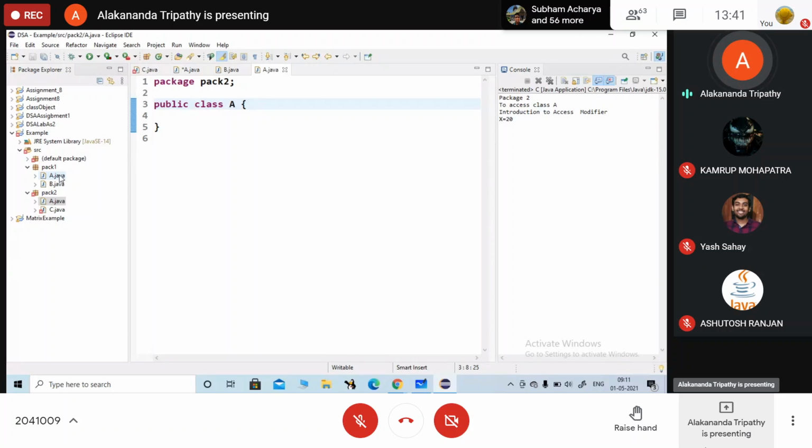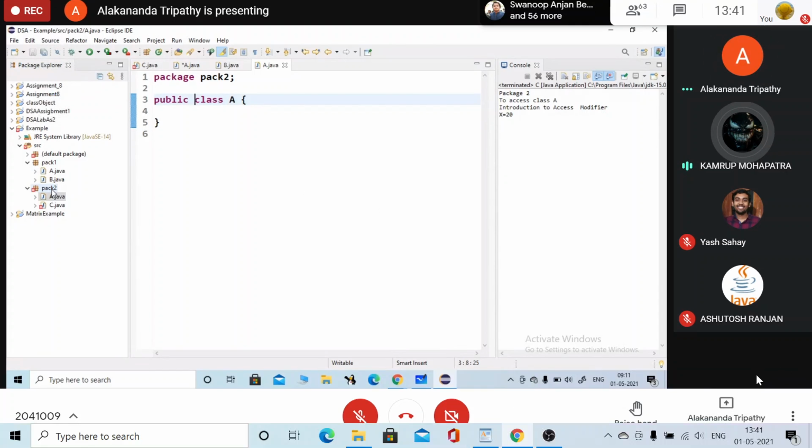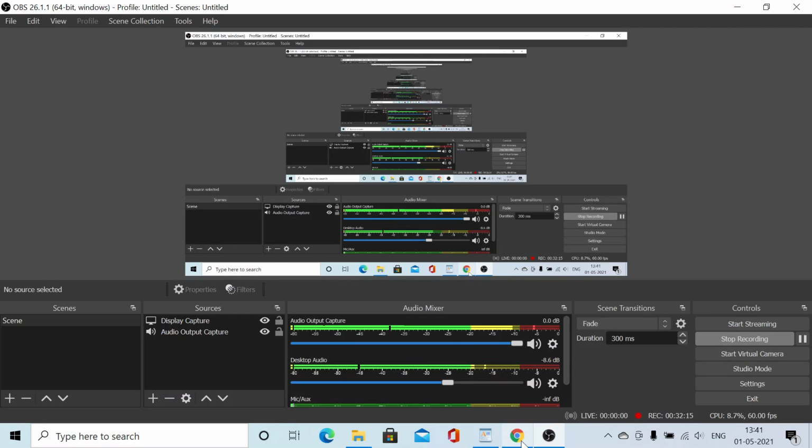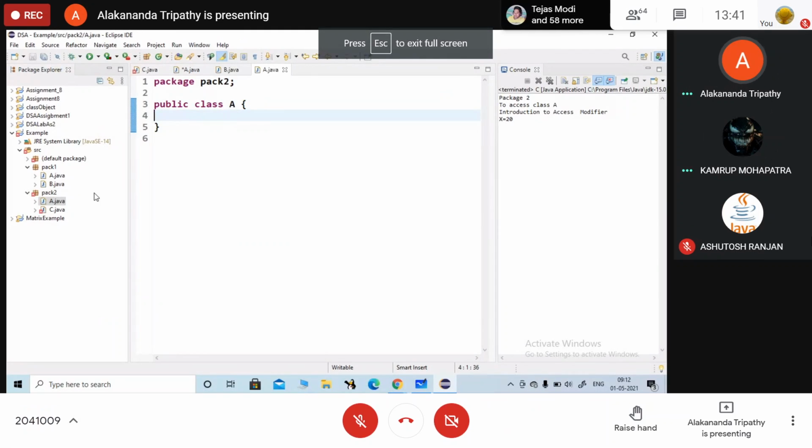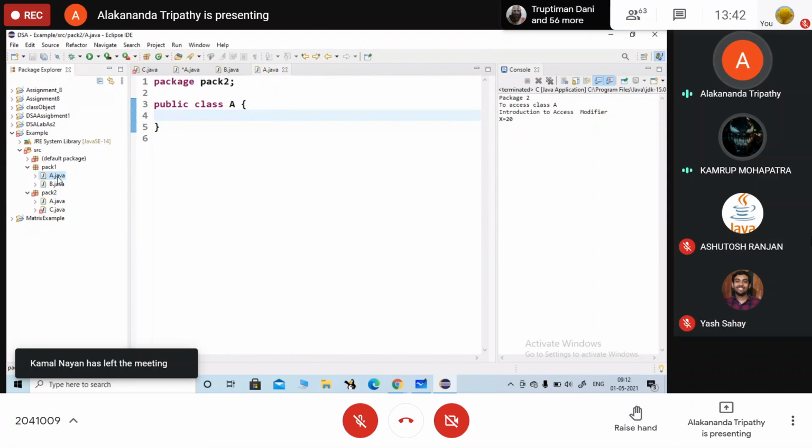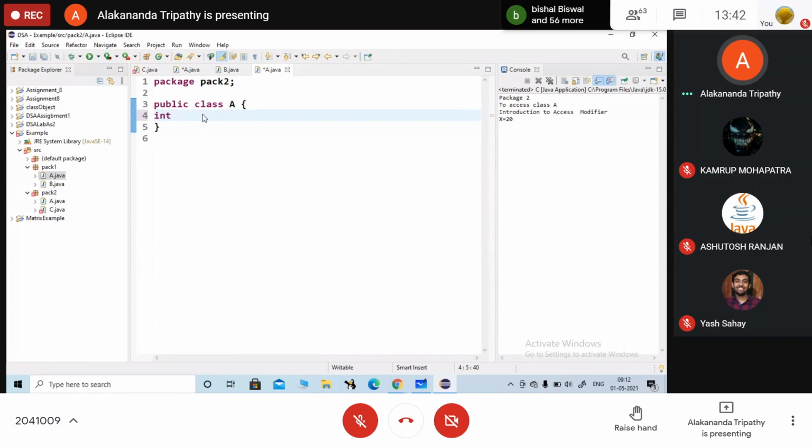क्लास है ये कौन से पैकेज में है? पैक 1 में है। ये जो a.java है ये कहाँ पर है? हाँ, ये पैक 2 का है। ये जो a.java है it is in पैकेज 1। ये वाला पैक 2 का ऊपर वाला। हाँ मैम। हाँ हाँ, यहाँ पर अभी मैं क्या करूंगी, int